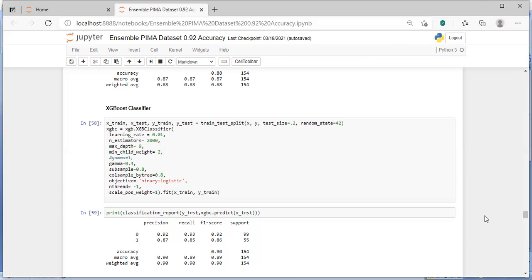This is the max depth. It controls overfitting. Then min_child_weight, then gamma is 0.5, subsample, and colsample_bytree. The subsample is 0.8 and the colsample_bytree is 0.8. They are basically used to develop a robust tree that can withstand noise, if any, in the data set.